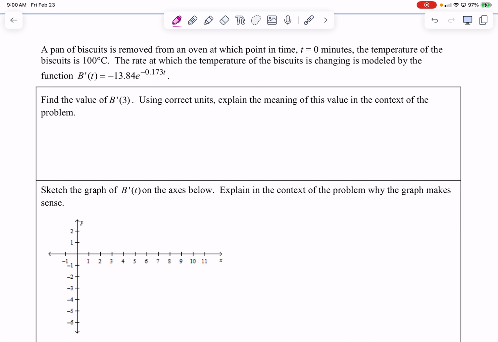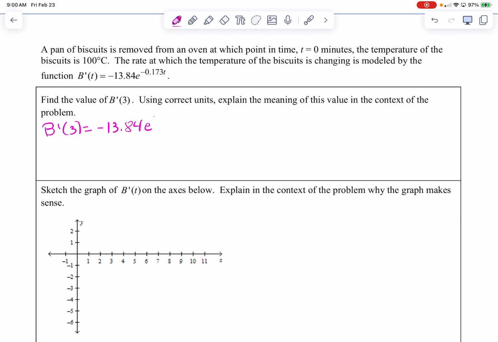Pan of biscuits is removed from the oven, at which point in time, t equals 0 minutes, the temperature of the biscuits is 100 degrees Celsius. The rate at which the temperature of the biscuits is changing is modeled by the function b prime of t equals negative 13.84 e to the negative 0.173 t. We want to find the value of b prime of 3. You just plug it in. Plug and chug. So b prime of 3 is going to equal negative